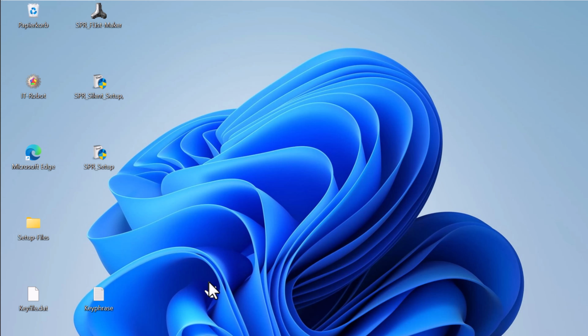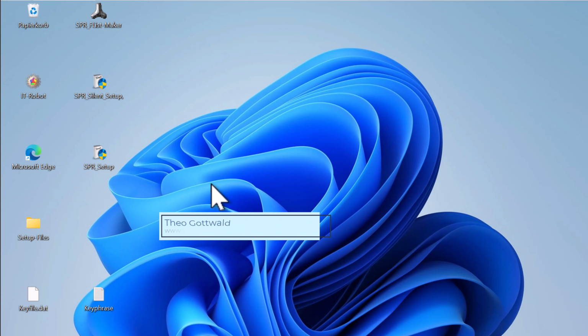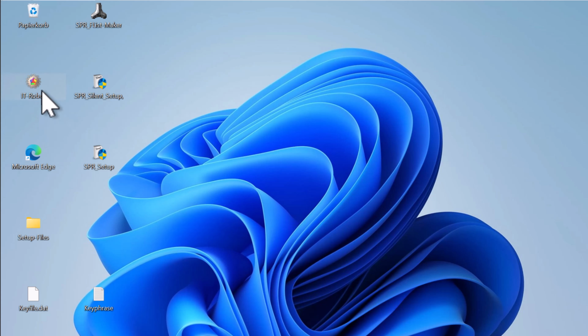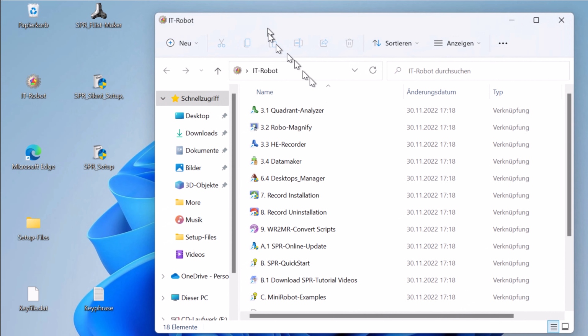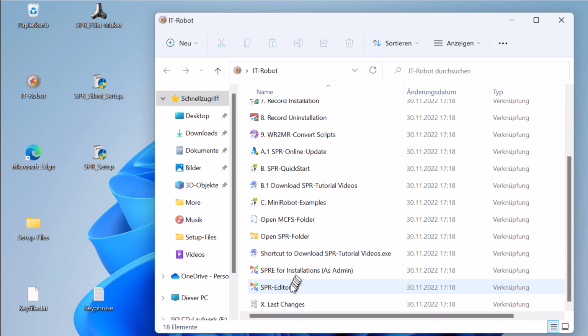In this video, we will take a look at how to activate the Smart Package Robot with its license information. After you have installed the Smart Package Robot, you find this item here on the desktop. I will open it, and this is what we get. Now, if I open the Smart Package Robot editor, which we find down here,